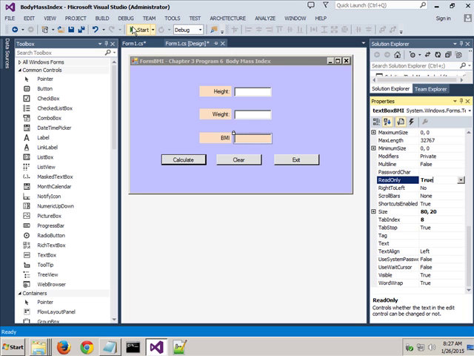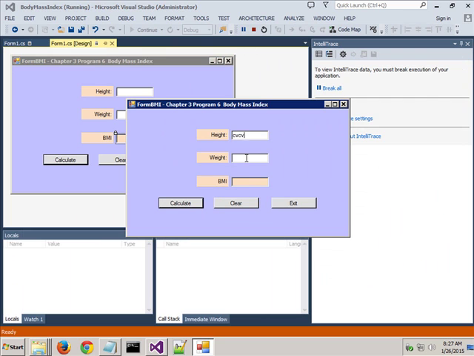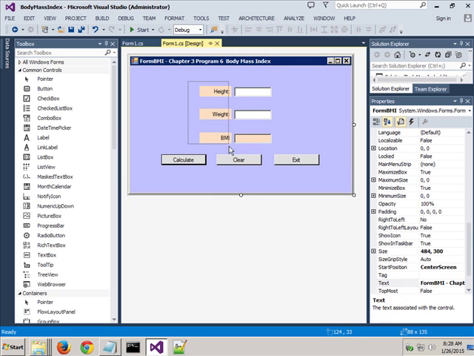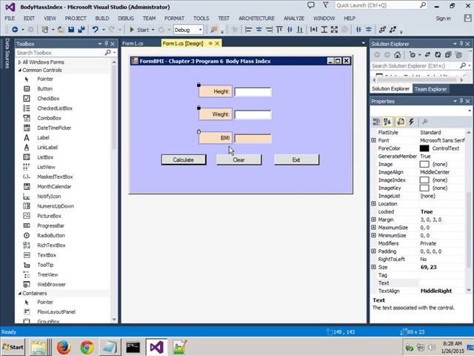Now notice again, if you look up on the screen, if I run the program again after doing this, I can put whatever I want in here, but I can't put anything in there because it's read only. All right. A couple more things I'd like to do before we start. First of all, your labels that you have here, yours may be left justified because labels by default are. If you want them right justified so they're kind of pushed over a little bit like mine are, right? I guess that should have said BMI with a colon by it, but